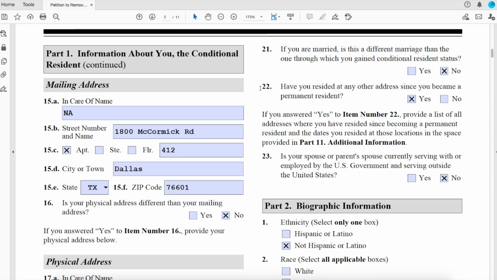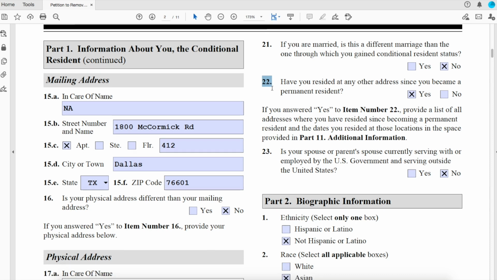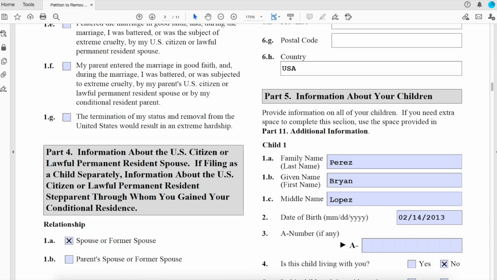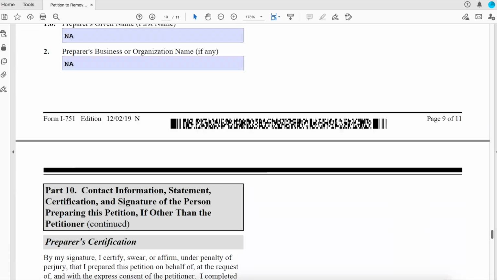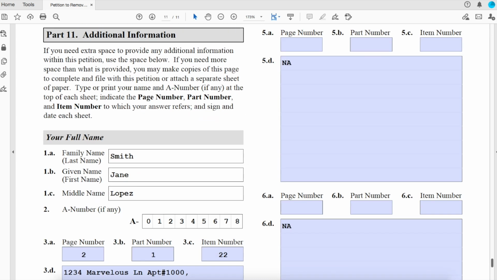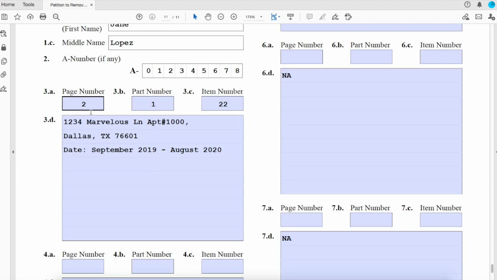And then this is the question of item number 22. So I put here at the very end of this page the page number, the part number, and then item 22. Alright, so that's how you put